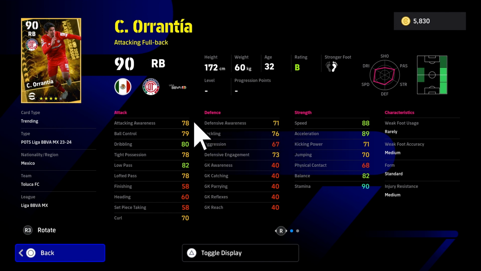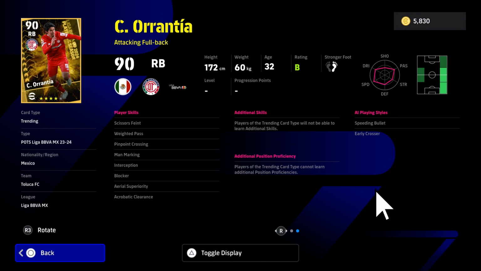Down the left, though, from attacking awareness right the way down to lofted pass, they're all going to be 80 plus with the game plan boost, so that's good. So down the left is good. Down the right is good. It's just down the middle. He's a bit weak with his defensive attributes, but if we take a look at his skills, he does have